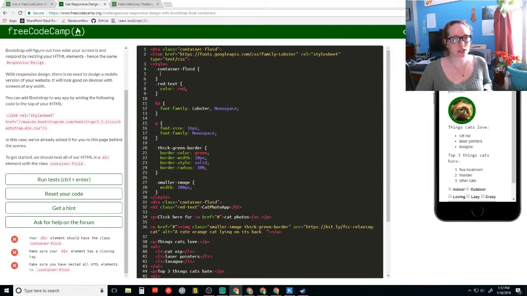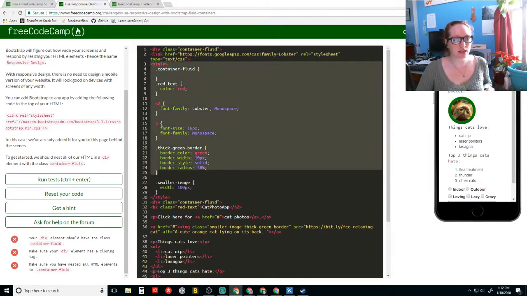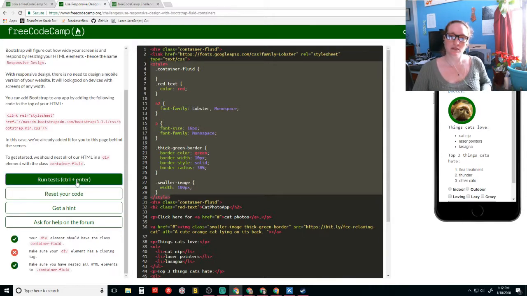Nest all of the HTML. Yes, because the style is the CSS portion. So this is the HTML portion, and we're putting it in container fluid and dot container fluid. Let's see what happens. Okay, it put it up there.